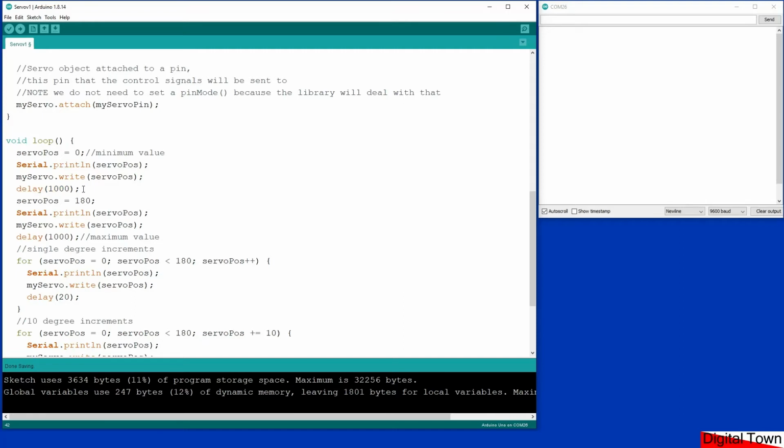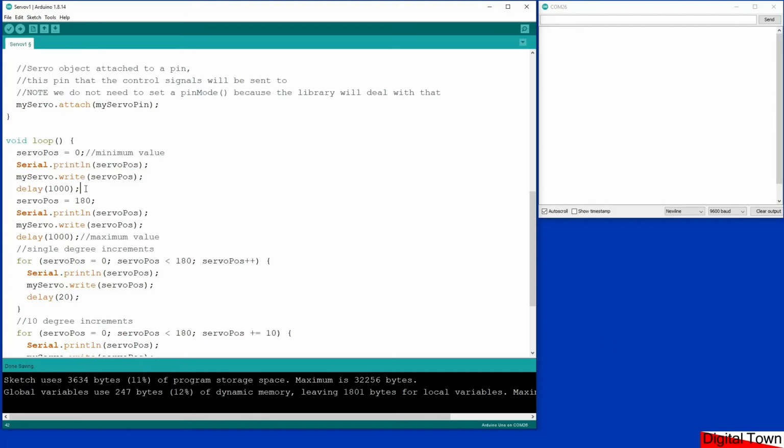Now just a little bit of information about delays when it comes to servos. When the instruction's sent to the servo it will start to move, but it is an electric motor and it does take a little bit of time. Not long, well under a second normally. But one of the things you have to be careful of is if you send an instruction to a servo and then immediately put another line underneath with another position you want the servo to move to, it won't even finish moving to the first position before it moves to the second. So in this instance, to make sure that we can see what's happening, I'm putting in a delay of 1000,